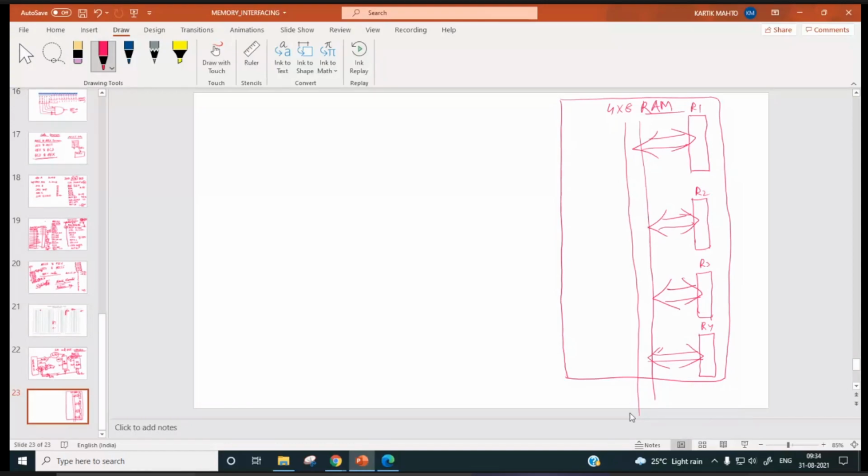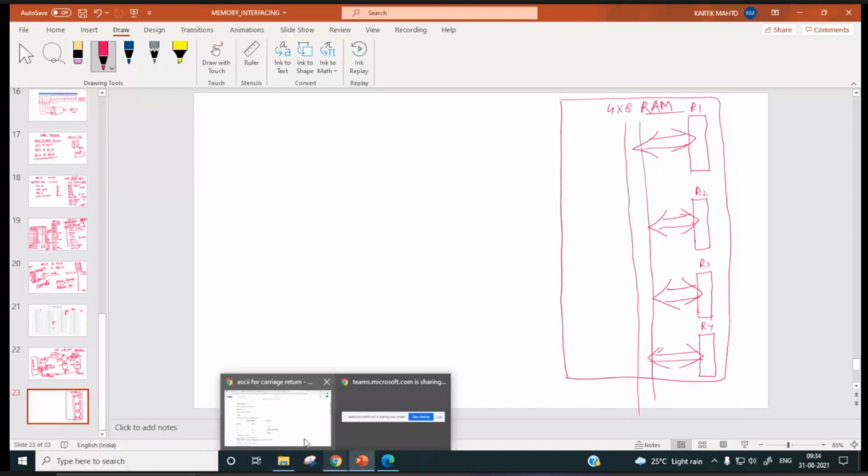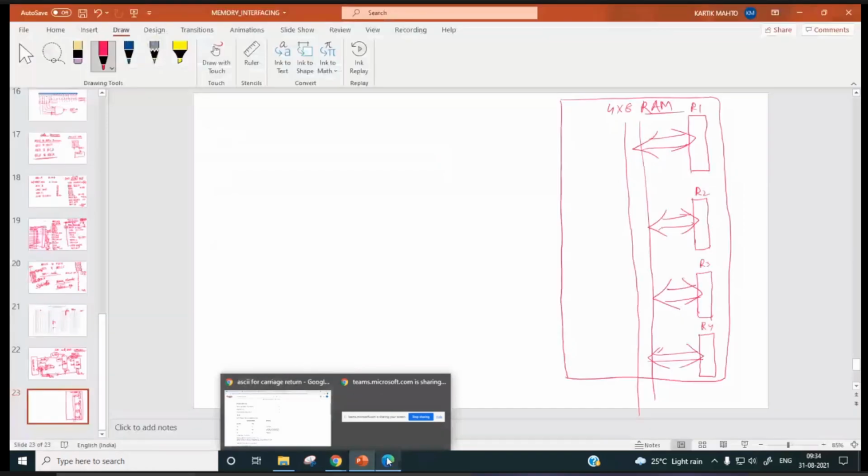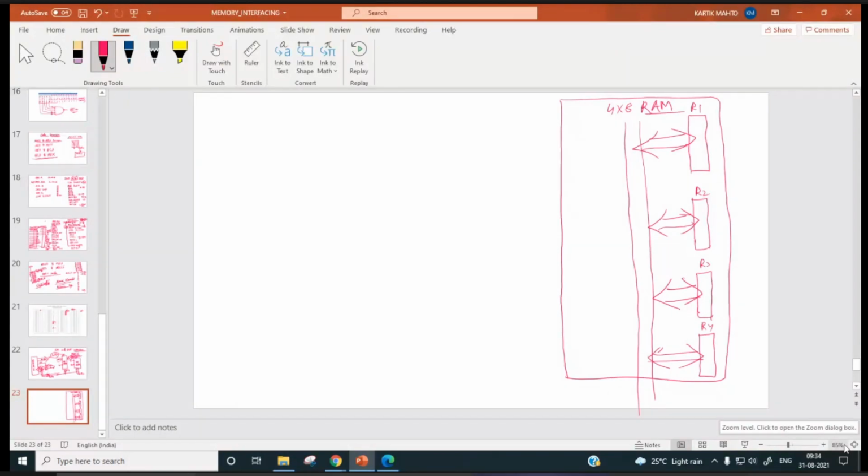Anyone respond quickly? We have only 4 registers, R1, R2, R3, R4. So how many address pins will there be? Two, A0 and A1 only.